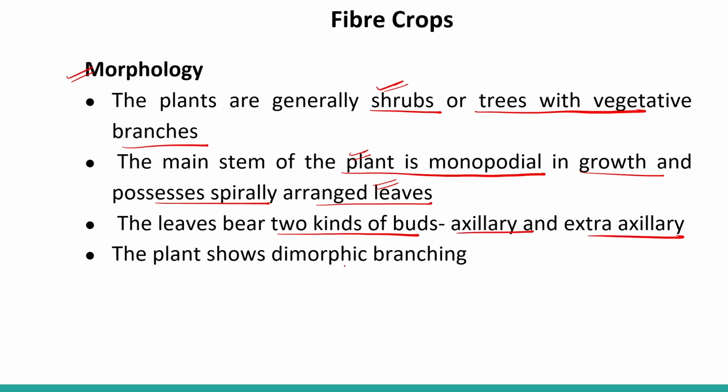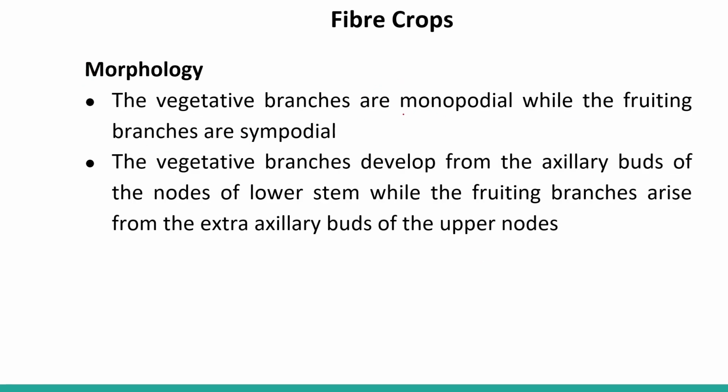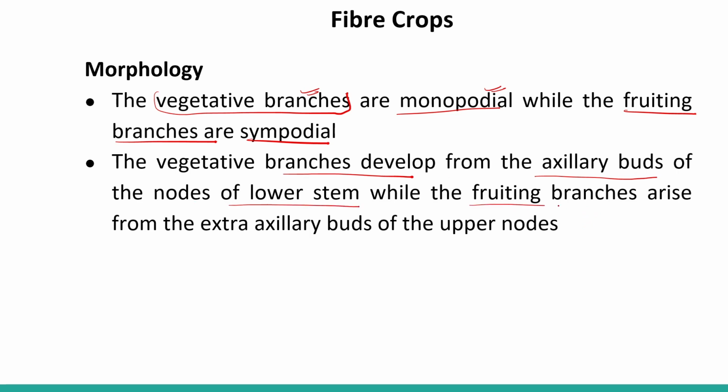The plant shows dimorphic branching, meaning two types of branching are there. The vegetative branches are monopodial. So we have two types of branches. The vegetative branches are monopodial while the fruiting branches are sympodial. Very important. The vegetative branches develop from the axillary buds, right? From the axillary buds and nodes of the lower stem, while the fruiting branches arise from the extra axillary buds